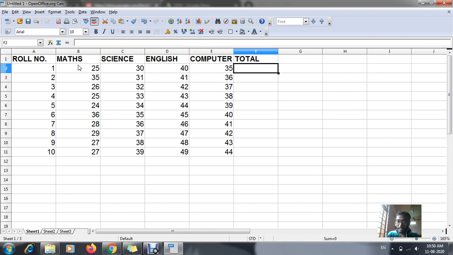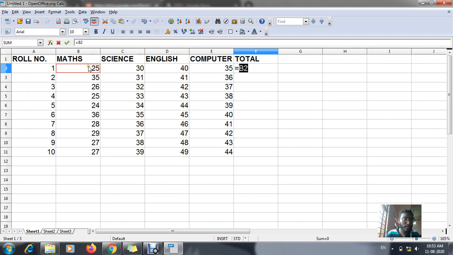How? In Total I will start with the equal to symbol, and after writing the equal to symbol, you can see the cell address.